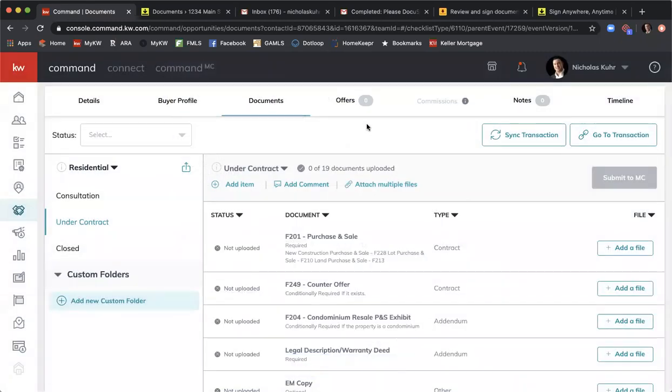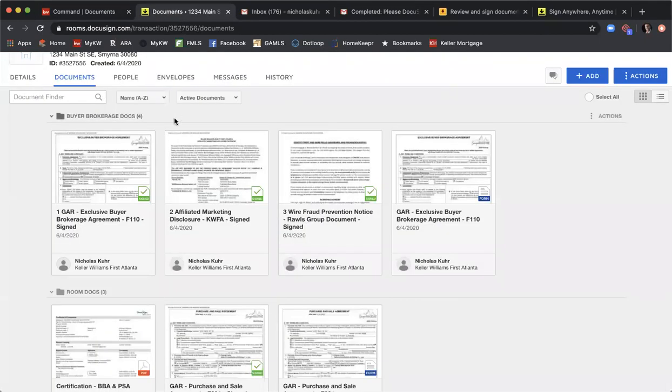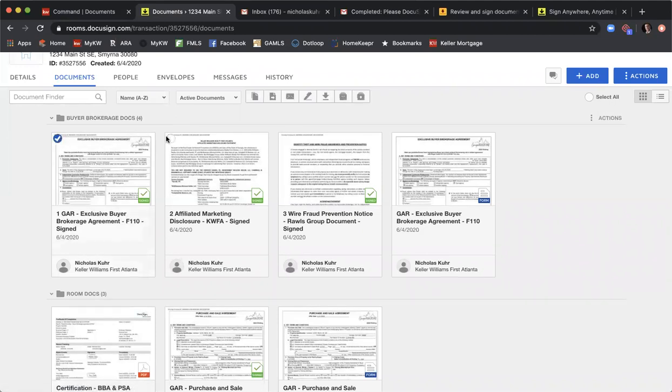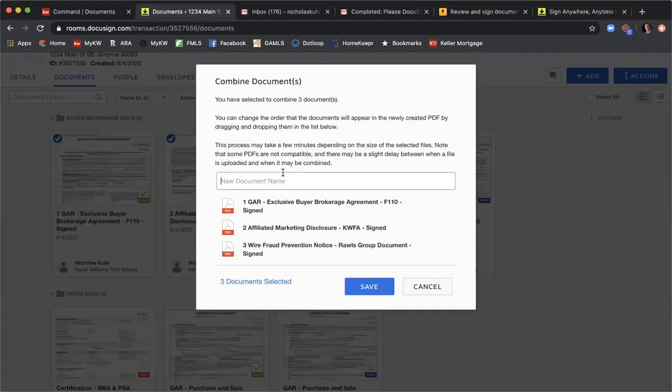And then real quickly back in DocuSign, let's say you wanted to send this to your client, or you wanted to send multiple files to a co-op agent, but you just want to send one PDF. You can easily combine documents by rolling your mouse over and selecting it, and select all the documents that you want. And then when you do that, the toolbar up here appears, and you can click on the Combine button, click Combine, and then you can rename